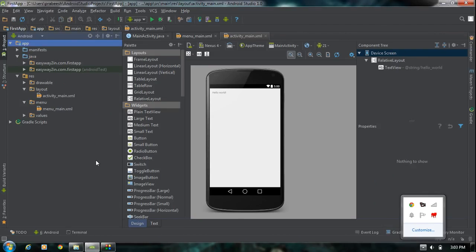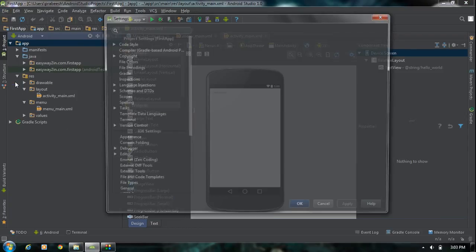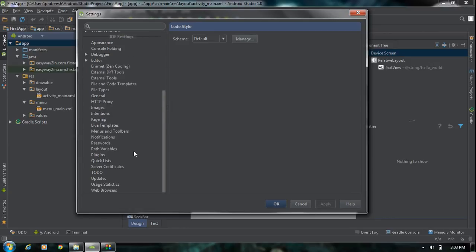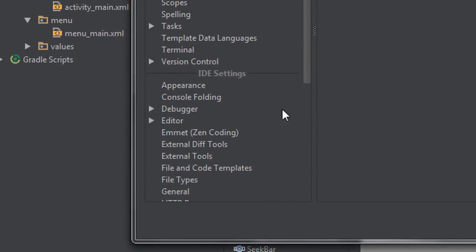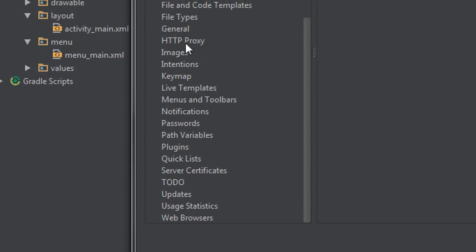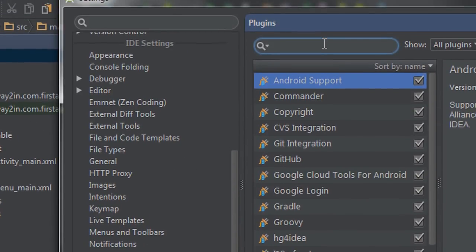Okay, now we have to download the Genymotion plugin into Android Studio. So the Android Studio already has a built-in option to download the Genymotion plugins. So click the file menu and choose the settings option, and from this window drag down and choose the plugin option. You can find it at the bottom. Yeah, here it is. Click the plugin option and in the search box,